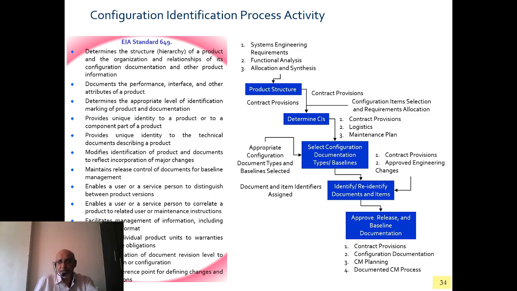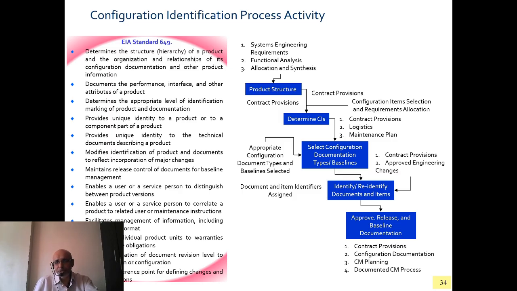It facilitates management of information, then provides a reference point for defining the changes and corrective actions. So very similar structure to what we have seen, that is EIA 649, and the typical activities are product structure